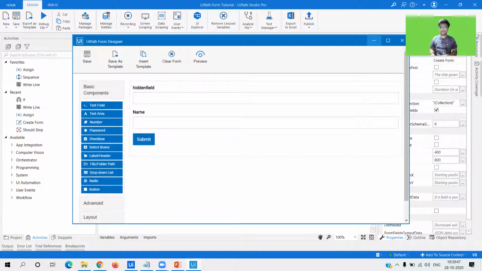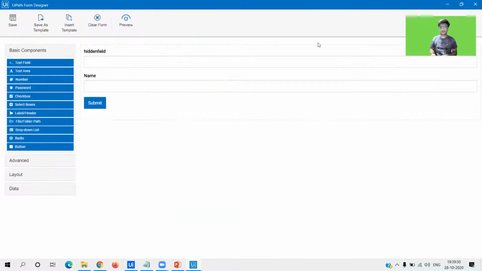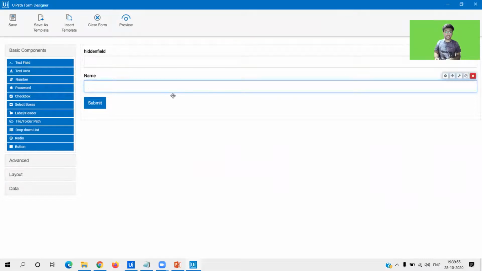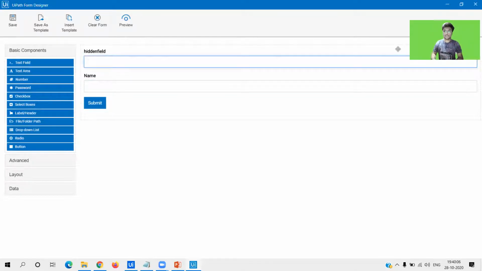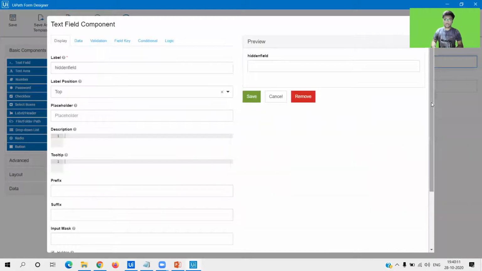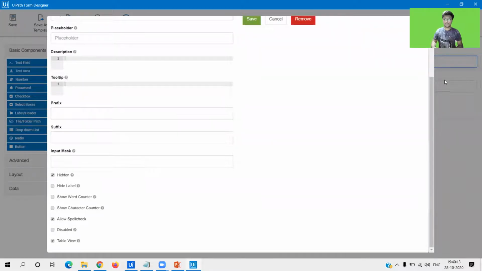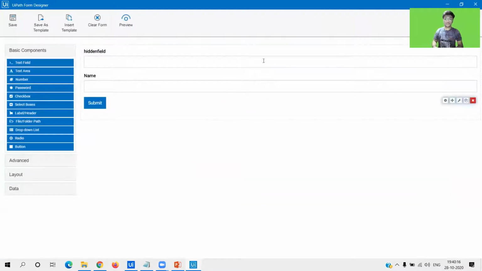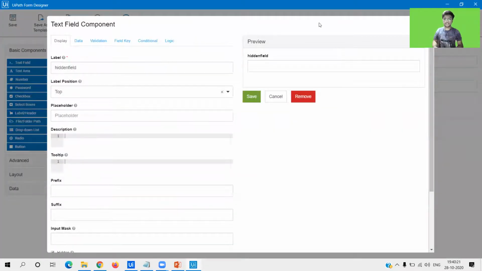Okay. So now, I will first tell you the use case. What I want is to display the name field when this submit button is clicked. So what we are trying to do here basically is, on the click of a button, show a field. Now for that, I'm going to have two fields. One is going to be this hidden field. I'm not going to show this to the user while he executes the workflow. So this will be hidden, to which we will set a particular value, and based on that, when the submit button is clicked, we'll be seeing that.